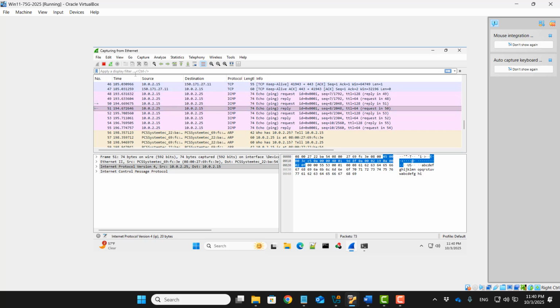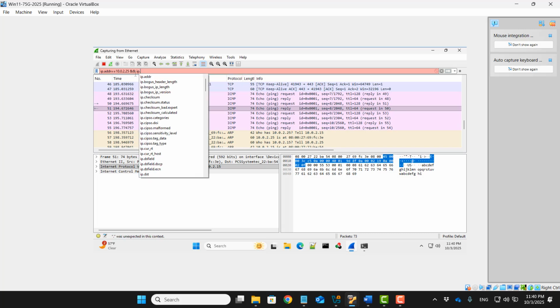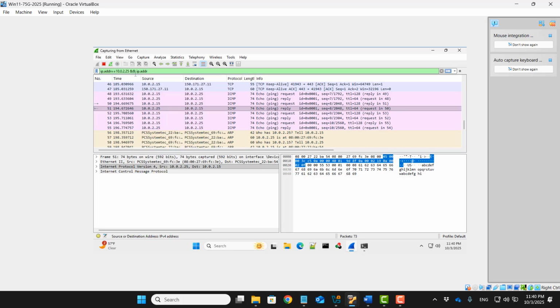How do we do that? So I can do this: ip.addr equal to 10.0.2.25 and ip.addr equal to